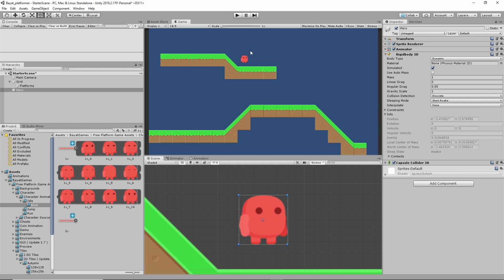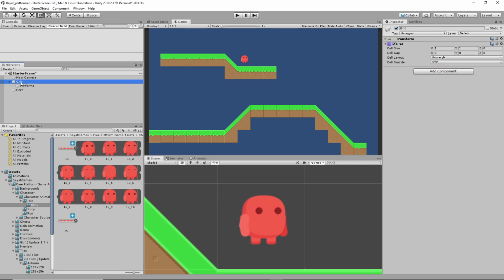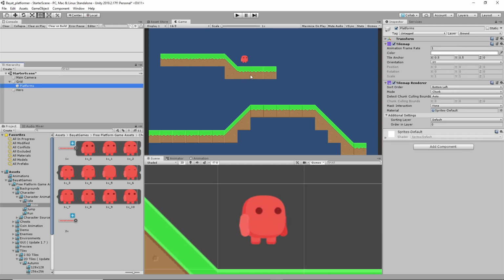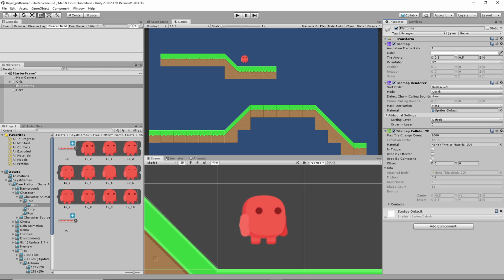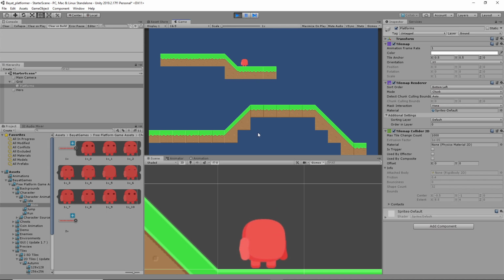But we don't want our hero to fall through everything, so we need to create some things for the character to collide with. Right? It has a collider, and we need other colliders. And our environment, obviously, is the thing we want it to collide with. Okay, so we'll go to our grid, our platform's tile map here, and we're going to add a component to that. We add a component which is a Tilemap Collider 2D. All right, so now it has a collider, and if we press play,